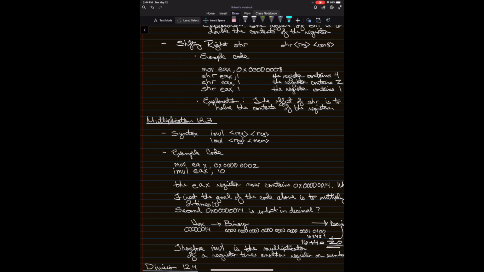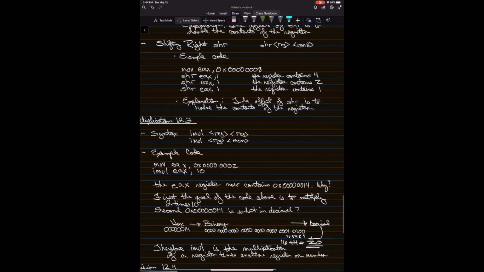So in terms of an example code, notice the following. First I'm going to move into the EAX register the hexadecimal number 00000002. Okay, so I move 2 into there, and then I'm going to use the imul of the EAX register, which is the number 2 in hex, times 10. All right, what would that be? And so what I'm saying to you is that the EAX register now contains